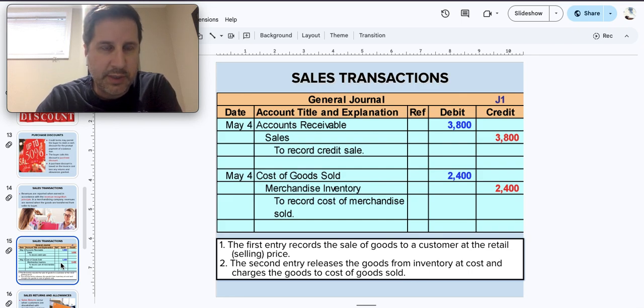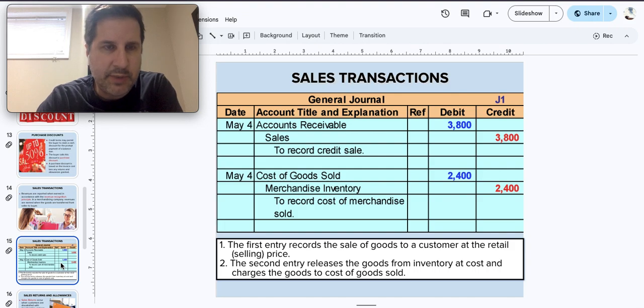Because we are using a perpetual system, we have to update our inventory right off the bat. So what we are going to do is create a new account called cost of goods sold. That's an income statement account. And in this case, it cost us $2,400 to buy that inventory. So we're going to debit cost of goods sold $2,400, and then we are going to credit our merchandise inventory,